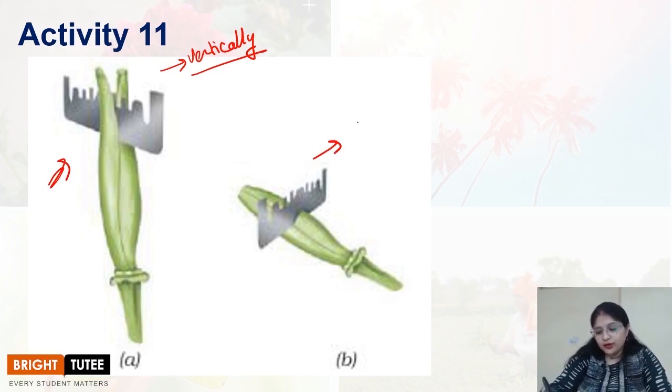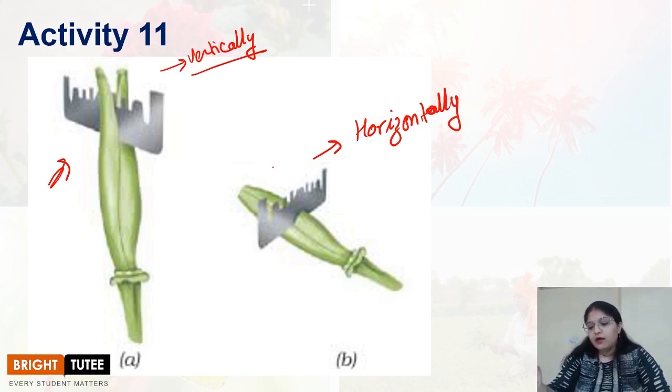Then next, you are going to cut the other pistil horizontally. So in this way you will find that once you have opened it, another precaution that you need to take is that you need to moisten it so that it doesn't dry up and you're able to observe the structure of the pistil properly. So you are going to put a drop of water once you have cut it open. Now you're going to observe it with the help of a microscope